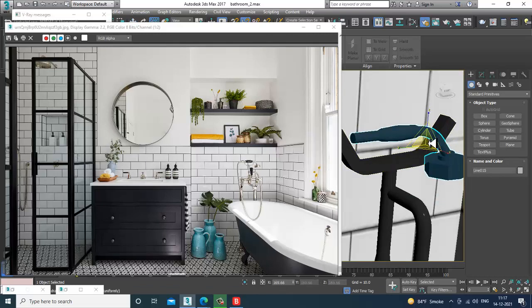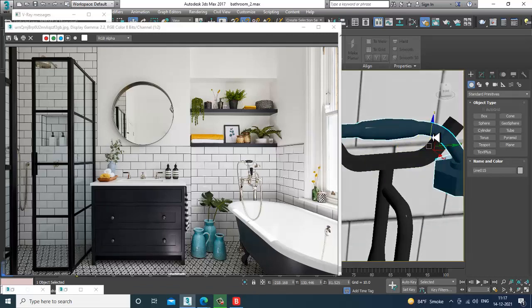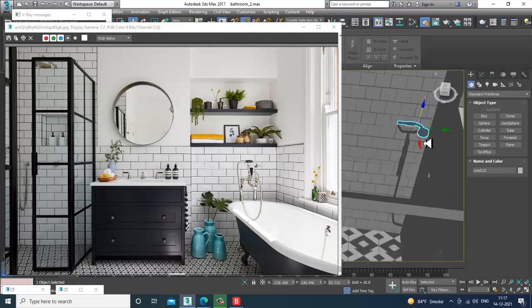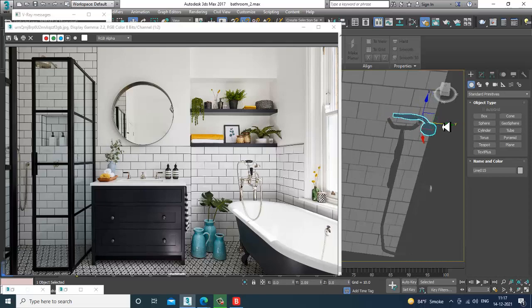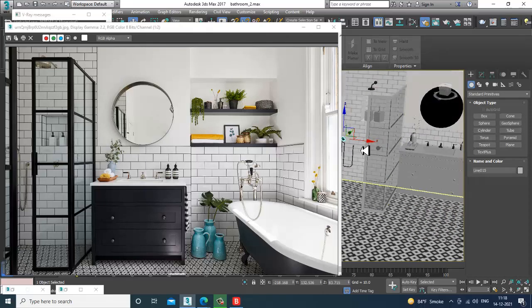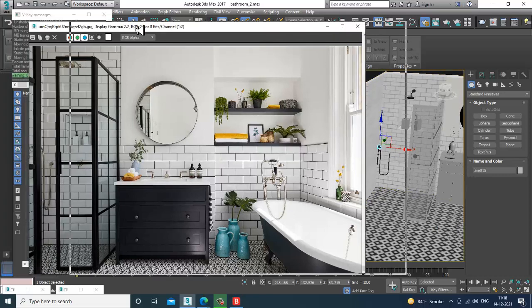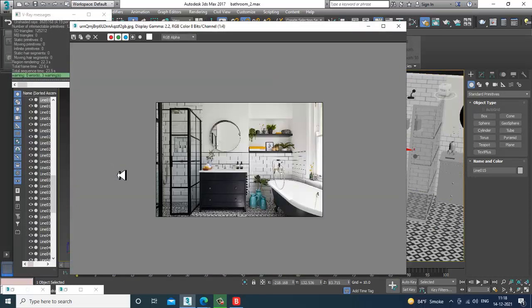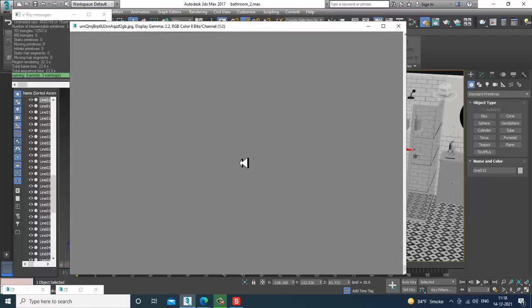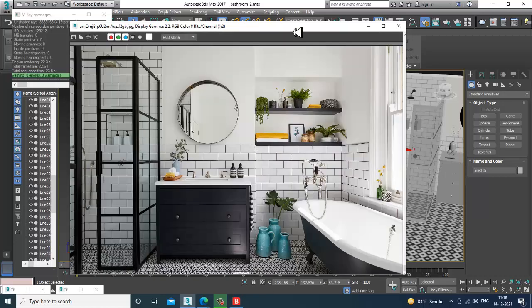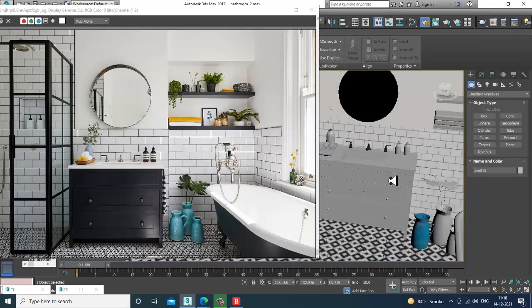Just scale that, slightly push this up, and I'll put this over here. Now, we can do the mirroring also, that's not a problem, that can be done.